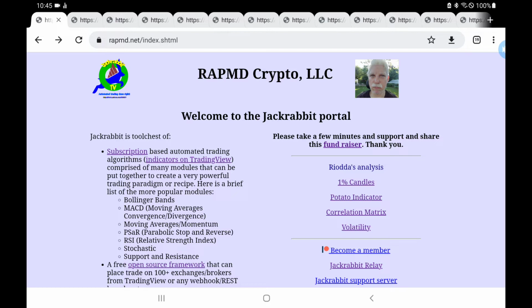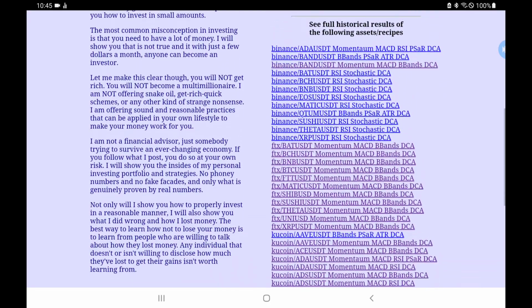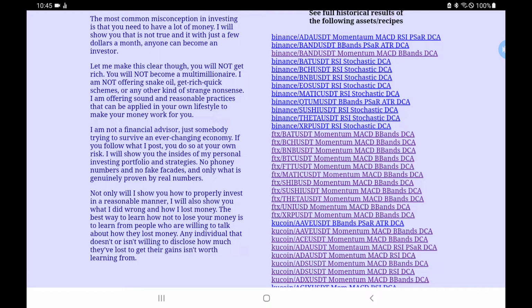In my last video, I talked about how I depended too much on one particular combination of indicators, and I set out to build a recipe specifically that did not use my favorite combination. I built an RSI stochastic combination that worked extremely well. And you can see, scrolling down on the right hand side, where I have done analysis of the indicators